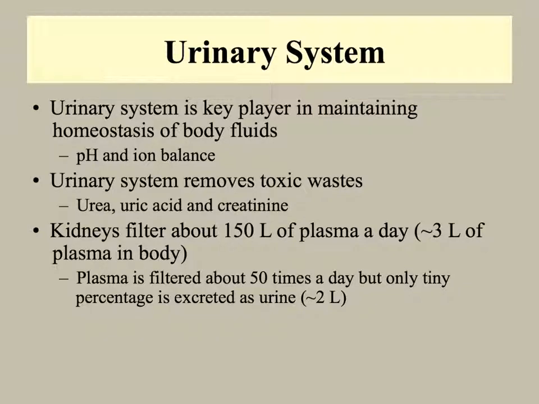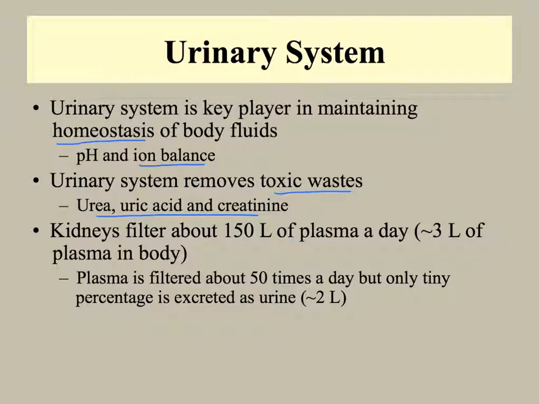So the urinary system is really very, very important in maintaining homeostasis. It is involved in keeping our blood and body fluids at the proper pH and the correct amount of ions, electrolytes, positive and negative little pieces of molecules or elements, keeping those in all the proper balance. It is probably the most important system for homeostasis. It also, as I've just said, removes toxic wastes, things that are byproducts of metabolism that's going on in our body all the time. More particularly, it tends to get rid of those things that come from digesting food and